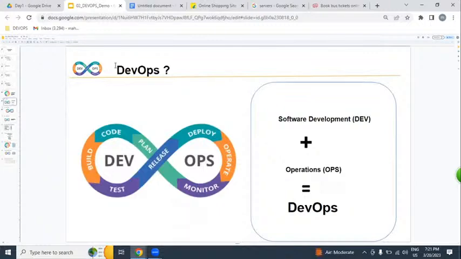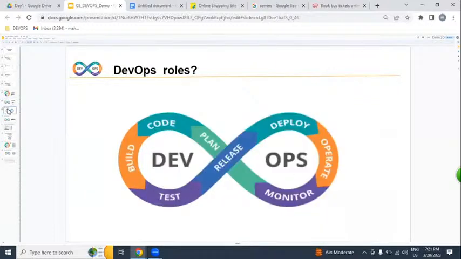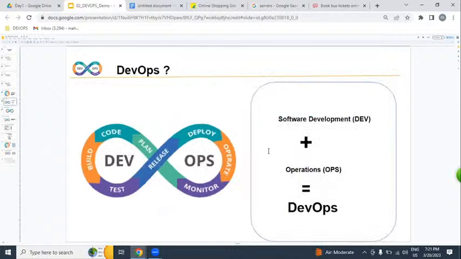So DEV is nothing but development. OPS is nothing but operation. Now, development plus operations, we call DevOps. DevOps is a process. So our roles and responsibilities start from where?